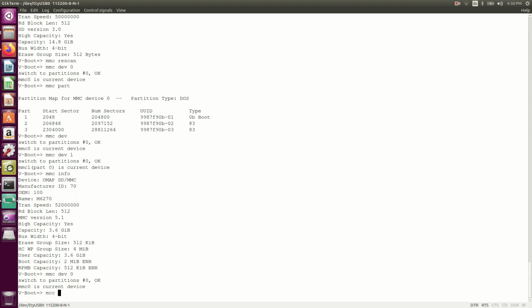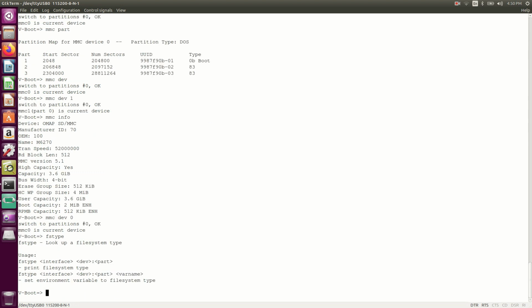Okay, so what we will do next here, we can use the file system, fs type. Okay, what is the interface? The interface is mmc, we need to use, and device 0 we have selected, and the partition number is 1.